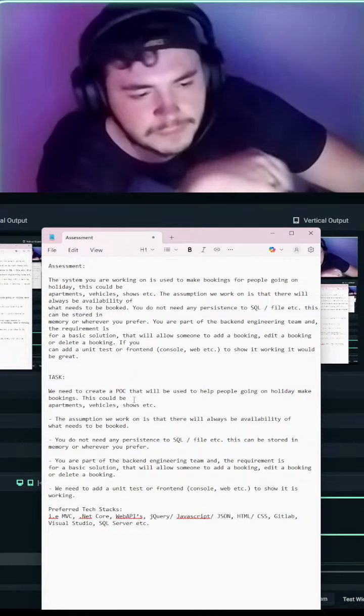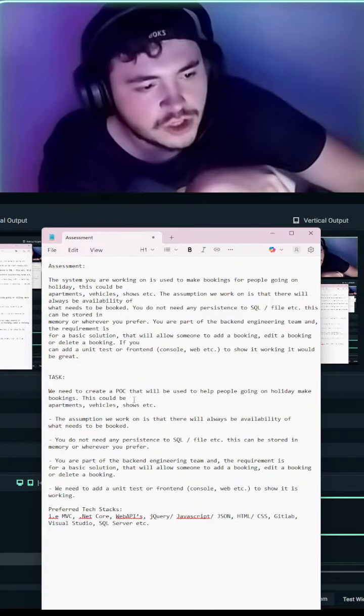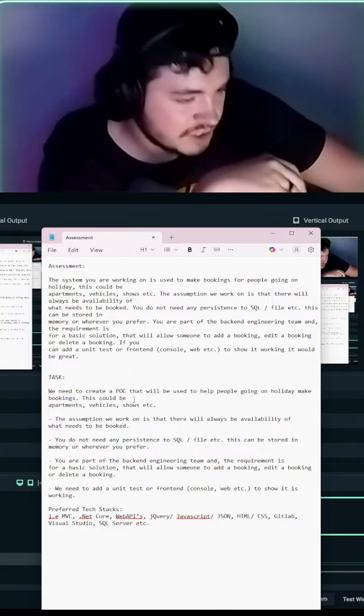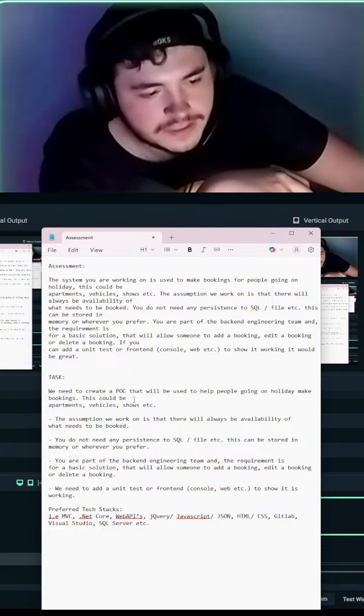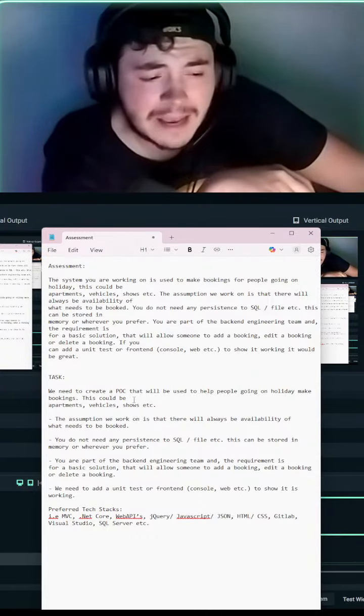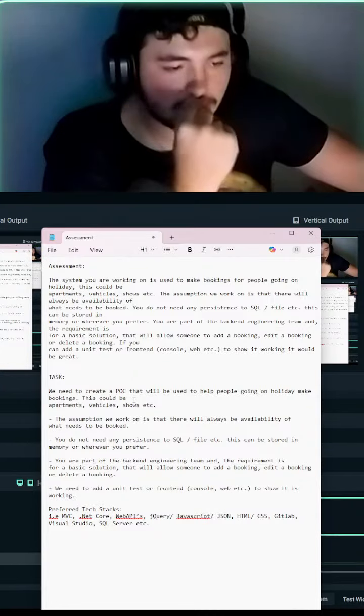So we have to create a POC that will be used to help people going on holiday to make bookings. This could be apartments, vehicles, shows, etc., as we read in the original assessment scope. The assumption we work on, I listed nicely in bullet points, is that there will always be availability of what needs to be booked.